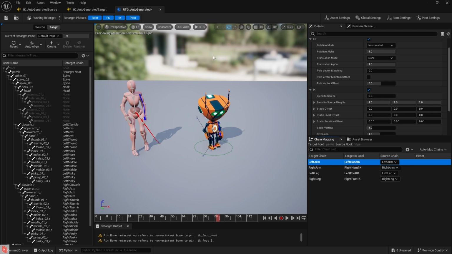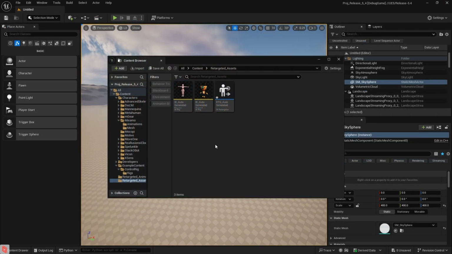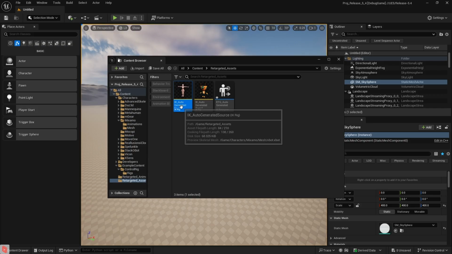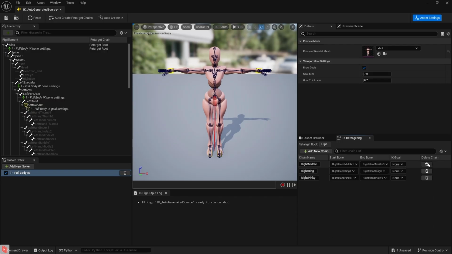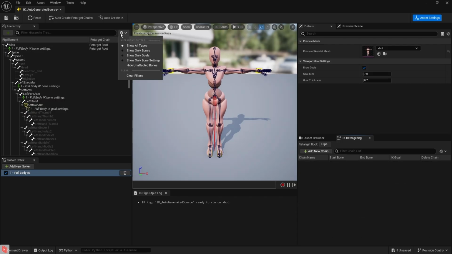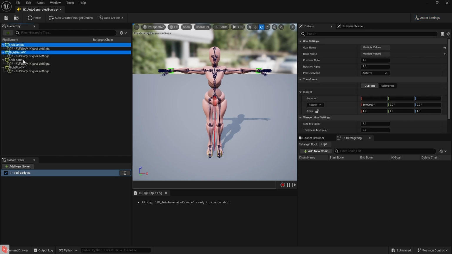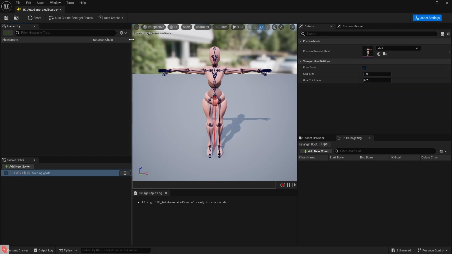Now, if you don't have any sort of character, like that Spelunkel creature that I was showing off earlier, where you want to use parts of auto retargeter, but maybe your custom character is not supported, we still have ways to make it easier. So, for example, if I reopen this Maximo character, and I were to clear each one of these chains for a moment, and get rid of all of the goals and the settings, just so that way we're working from scratch,